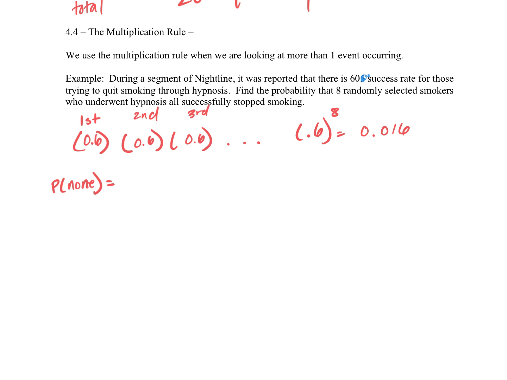Would it be 0.4 to the 8th power? Yeah. You would say, well, what's the probability of the first person? It doesn't work for the first one, times what the probability doesn't work for the second one, times etc. Okay? So